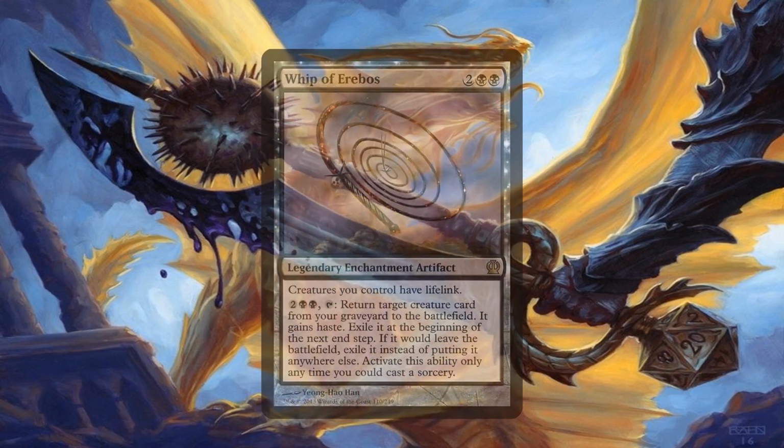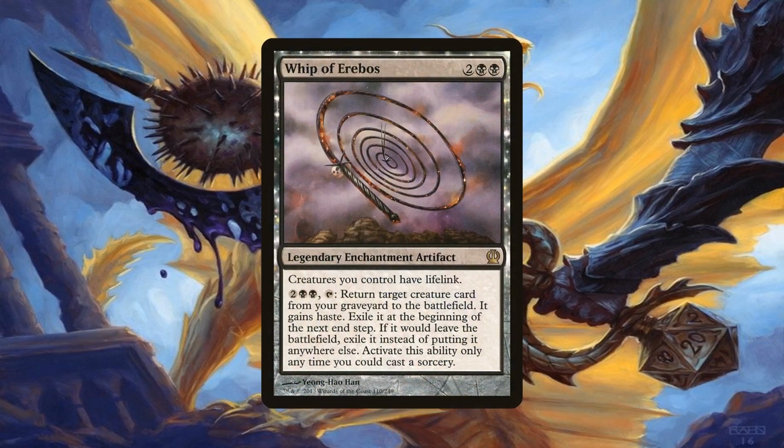Whip of Erebos is also included in case we start getting too low on life. Giving our creatures lifelink, particularly a pumped up Zareth, will keep our life total sufficiently healthy in case we get attacked by creature-based strategies. Additionally, it can be used to reanimate any of our creatures for that turn, so if we lost any of our Saboteurs, we can reanimate them to get at least one more instance of value from